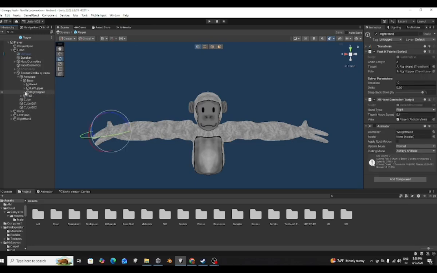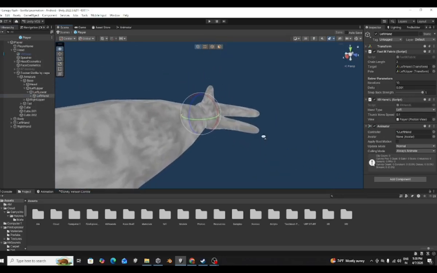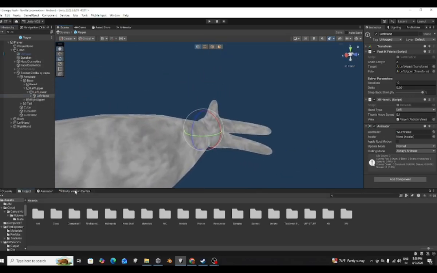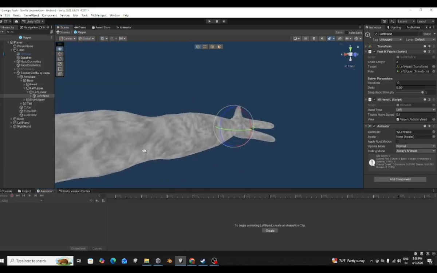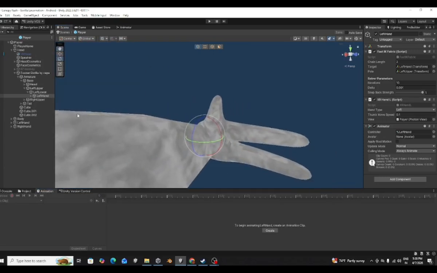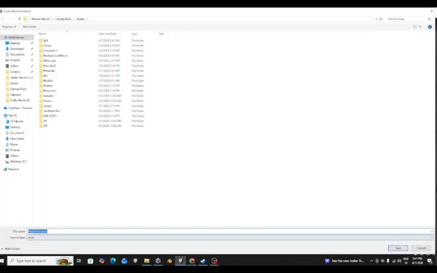So you're gonna click out of this. You're gonna go to left upper or wherever. If you already did left, do the thing here. This one's kind of different. So you're gonna go to animation. Okay, for the left hand, what you're gonna do is you're gonna press create, and you're gonna name this